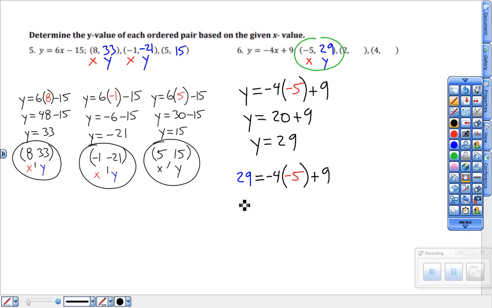That gives me 29 equals 20 plus 9. 29 equals 29. Shows that point, that coordinate, is a solution to that equation. That's what you're doing when you're plugging in the x number and getting the y number after you do the math. That coordinate is the ordered pair solution to that equation. If I was to keep going,